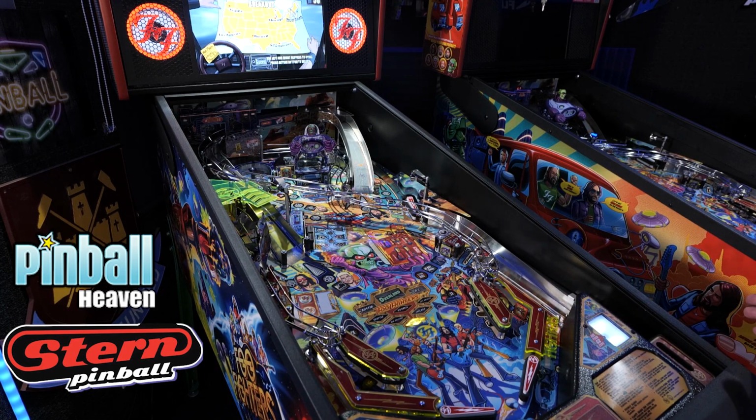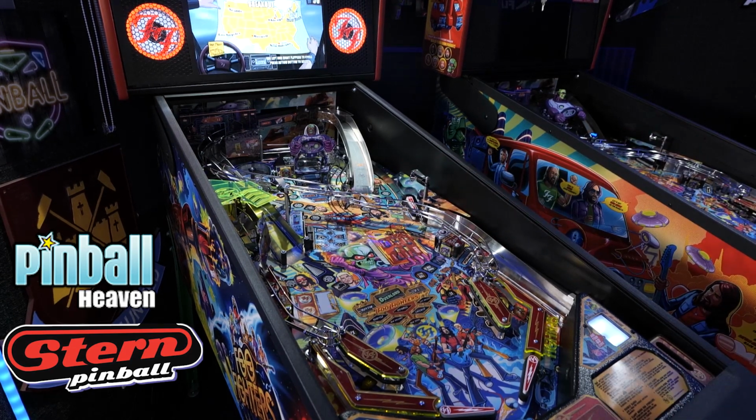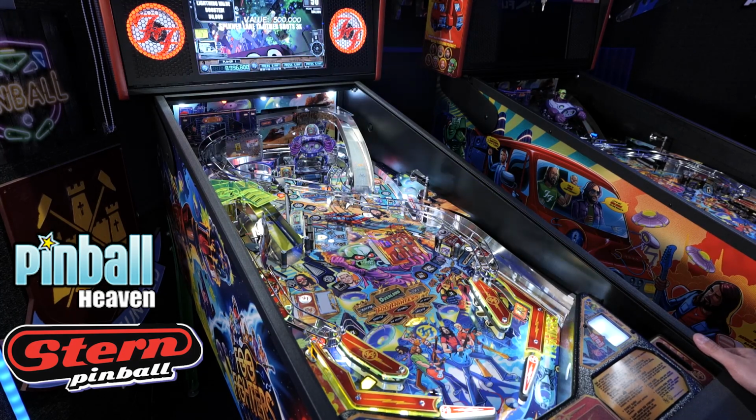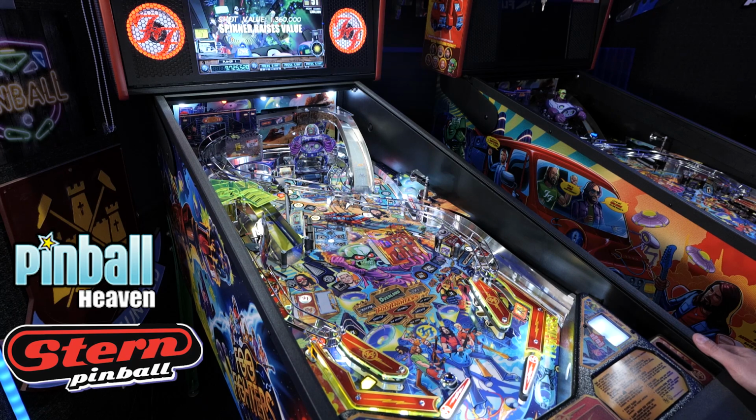I can now choose my mode, which is going to take me a long time because I didn't actually pimp up my van very well. I'm going to go with New York because I like it because you can increase the scoring by hitting the spinner, which I've just done there. But that's not going to give me the point straight away. I've actually got to hit the shot